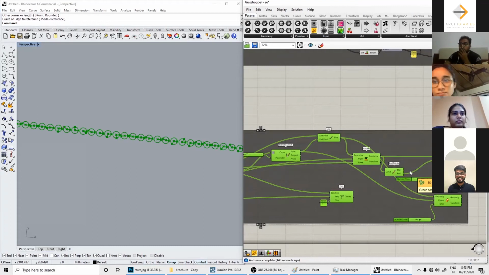Anyone having any conceptual issues? You are not understanding something? Chakshit, are you saying something? Pranjal, are you good?